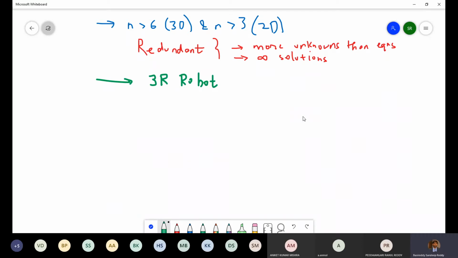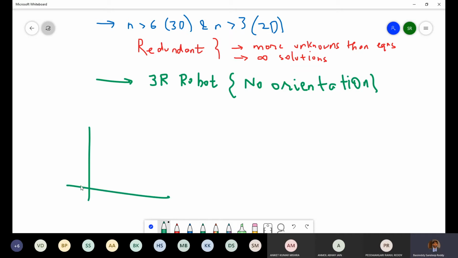Now let us take another variant of this problem of the 3R robot, where you don't want to consider the orientation of the last link. So the case of no orientation. Let me just draw a 3R manipulator.